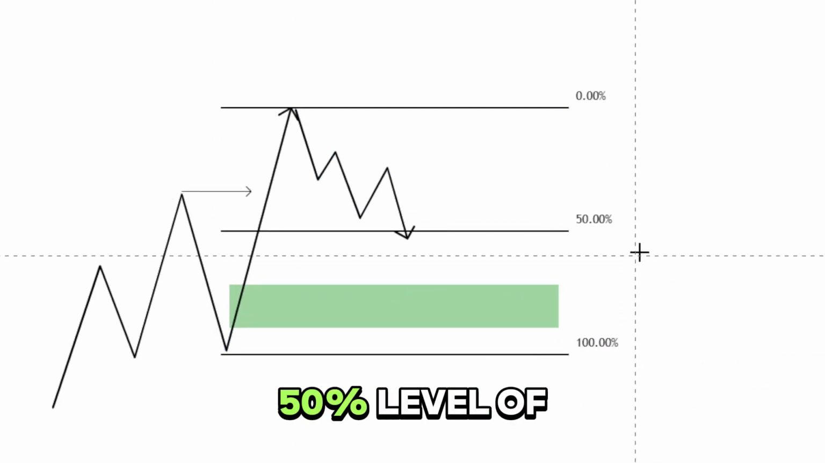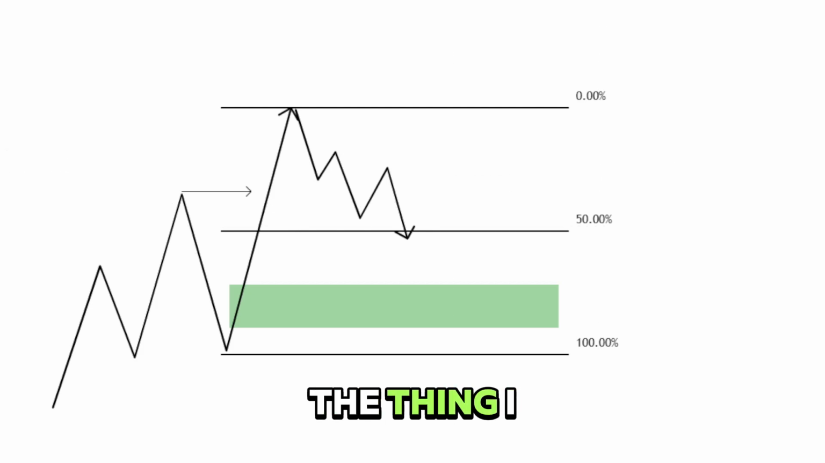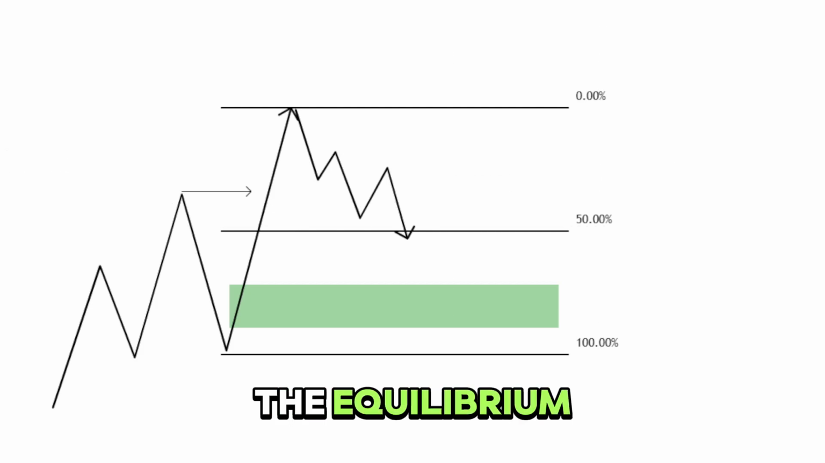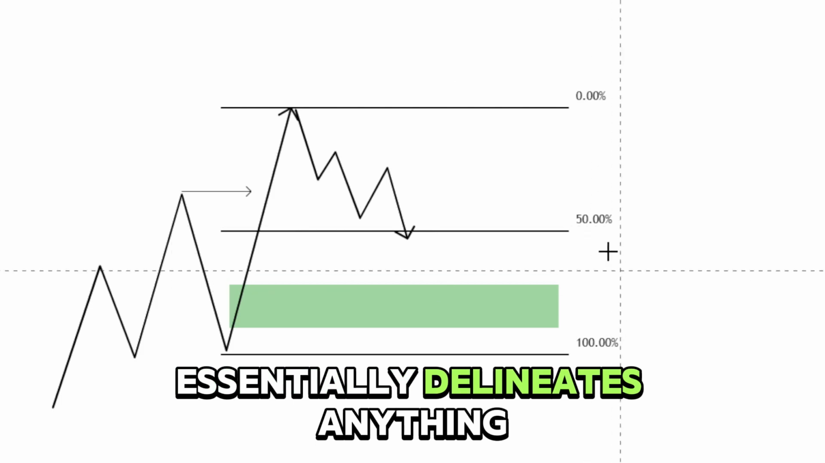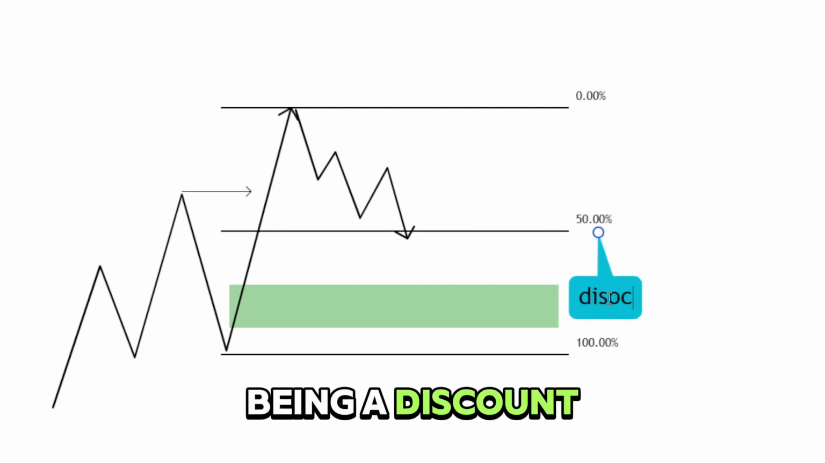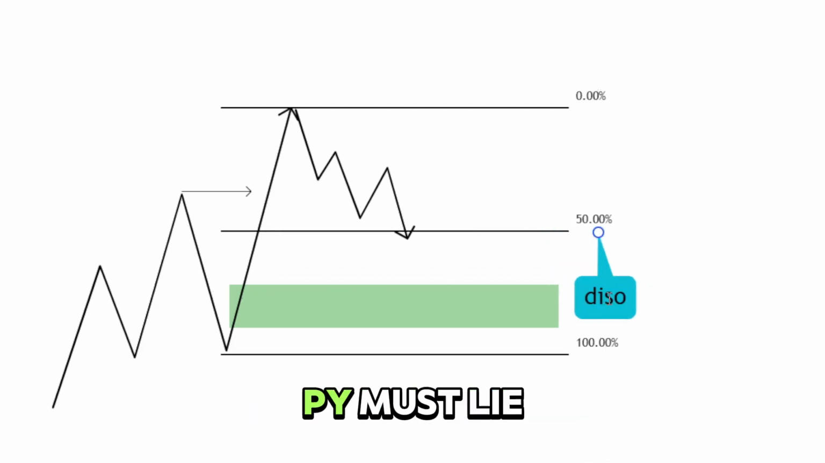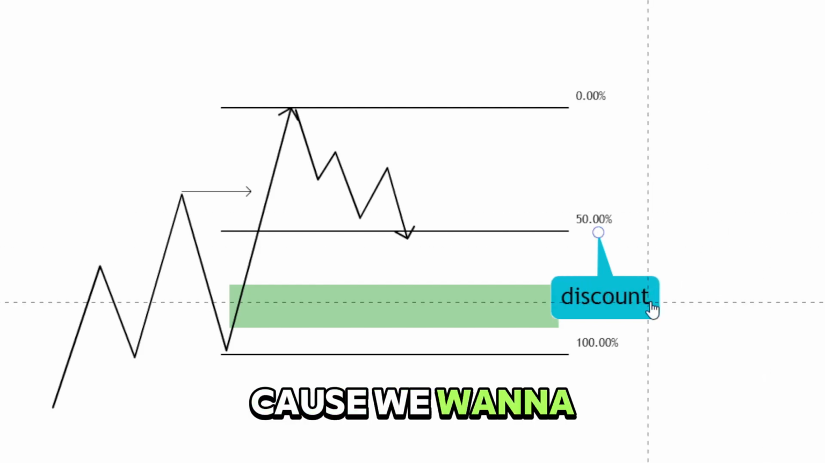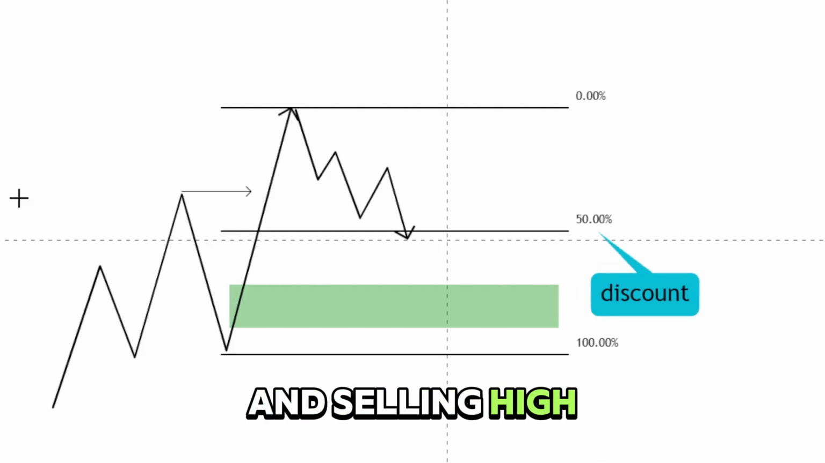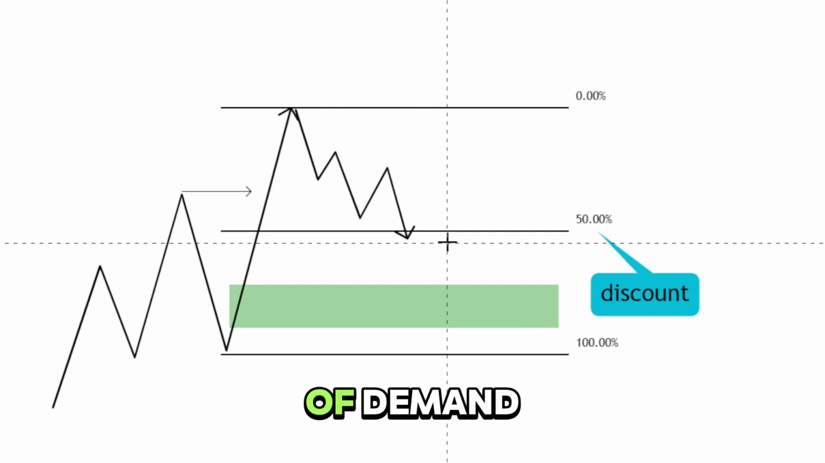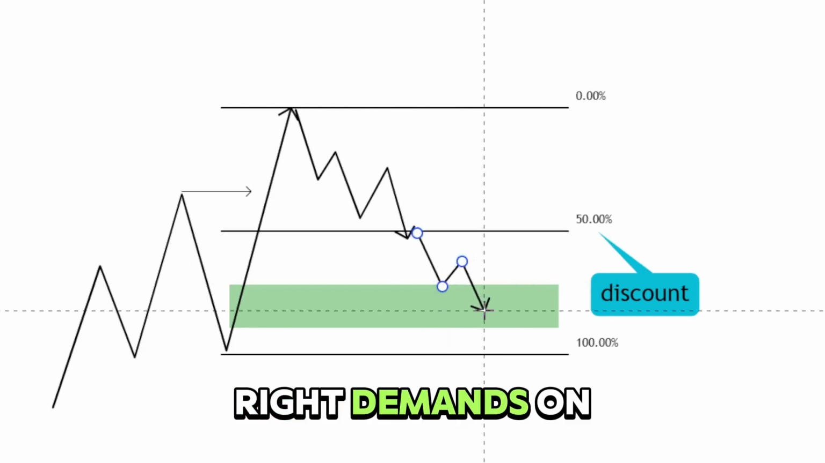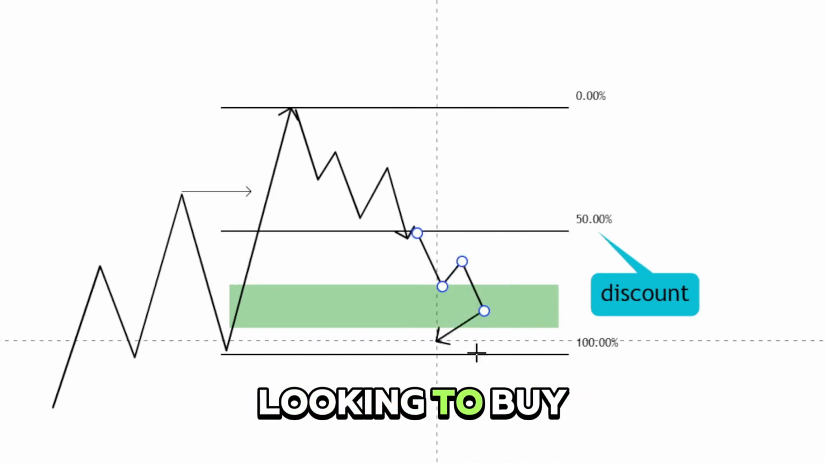now this is the 50% level over here. The thing I want people to take away is that the equilibrium essentially delineates anything below that being a discount, and any bullish POI must lie in the discount, because we want to be buying low and selling high. So when we get to areas of demand, a demand zone or bullish POI,